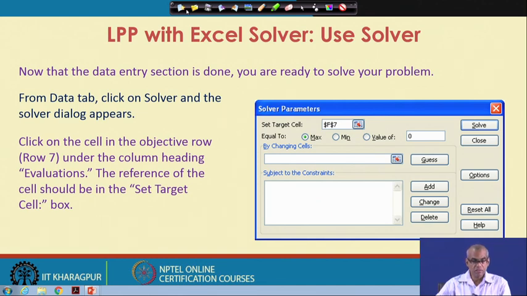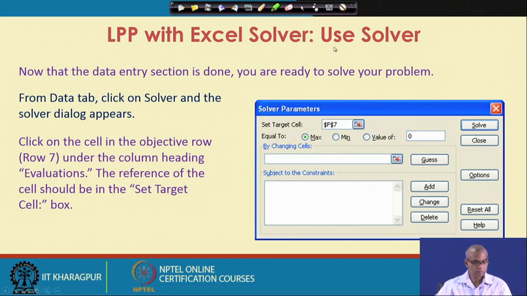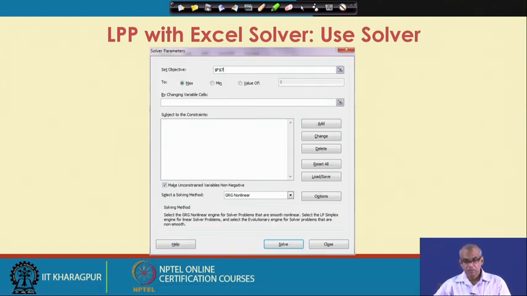The cell reference of this cell should be in the set target cell box. So, this is how the dialog box for the newer version of the Excel solver will look like.